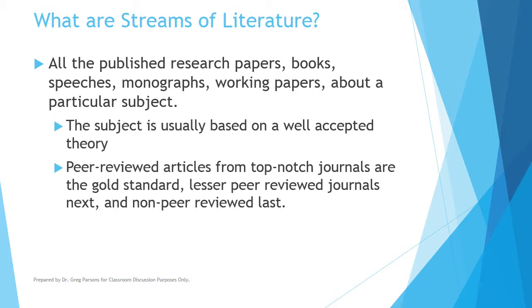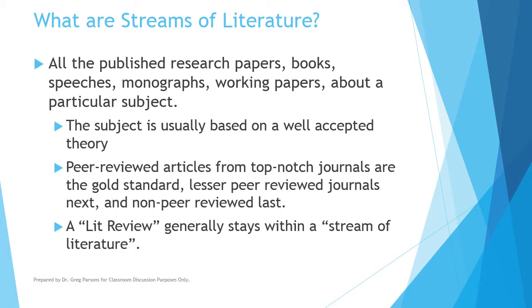When you start using online journals or things that are less highly regarded in the field, those can be used, however they don't establish the same level of quality. And then when you move into articles or blogs or things that may give you ideas but aren't peer-reviewed, then that becomes a little bit suspicious because we don't know whether it's true or not, has been validated by anybody outside of the author himself or herself. Okay, so there's kind of a tiered setting of how important and how valid articles are, information is, when you're looking at a particular stream of literature.